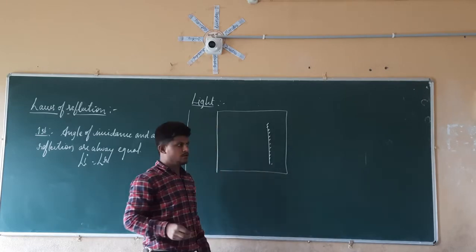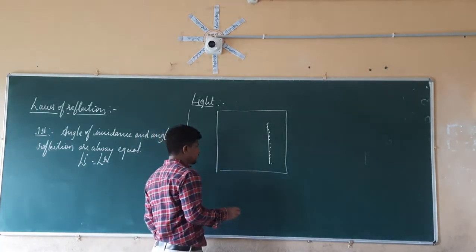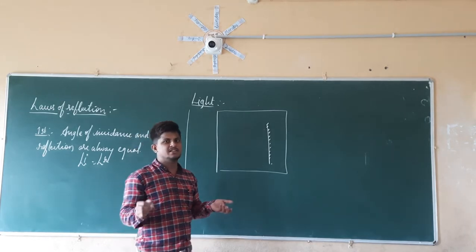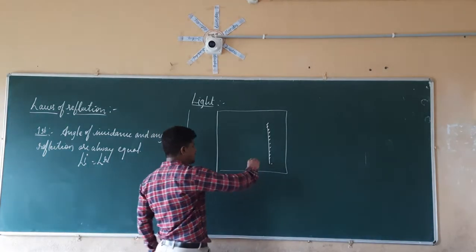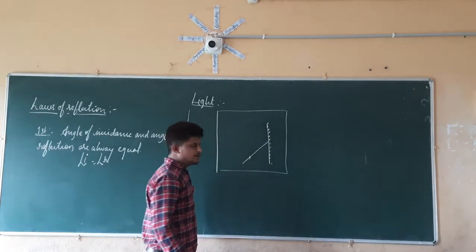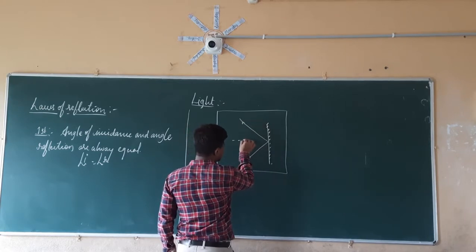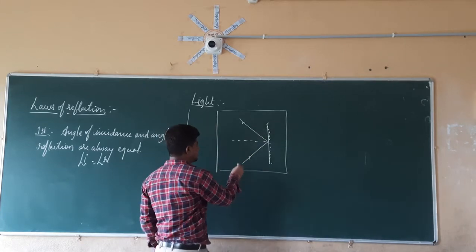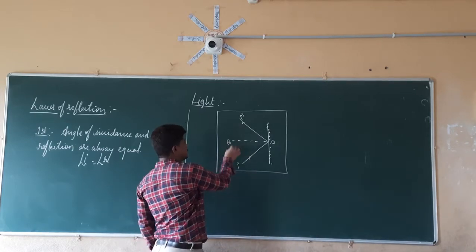On that mirror, we are going to project a beam of light. We already know how to project a beam or ray of light by using a cardboard, and in that cardboard we make a hole, or you can take a comb. So this is the incident light ray, and we already know that the incident ray is going to reflect like this. If we draw the normal here, let this incident ray be PO, the reflected ray be OP dash, and this will be the OQ, the normal.